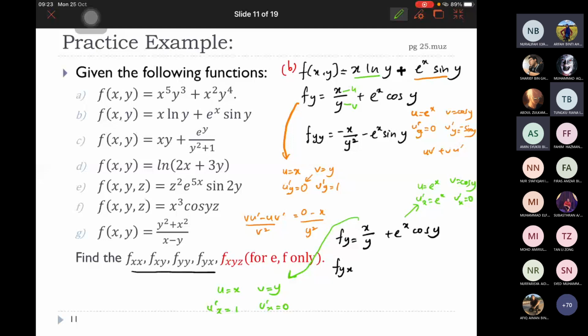So Fyx. Yang ini darabkan dengan yang ini. VU prime Y tolak kosong per dengan Y kuasa 2. Y over Y squared. 1 per Y. So it will become 1 over Y plus exponential X cos Y. That is partial derivative with respect to Y and X. Nampak